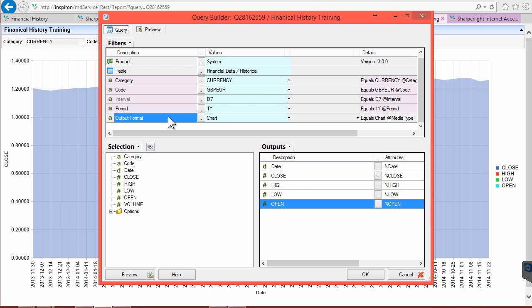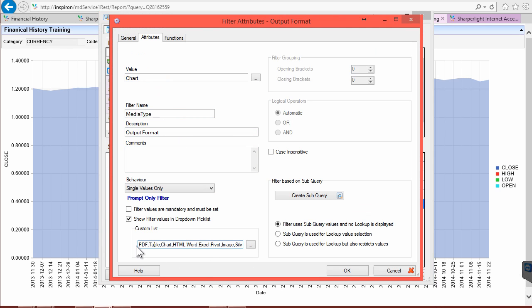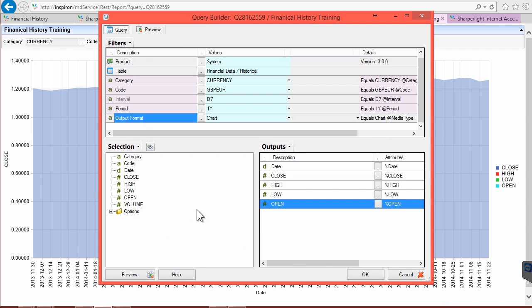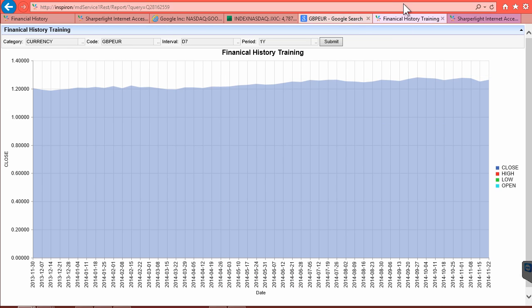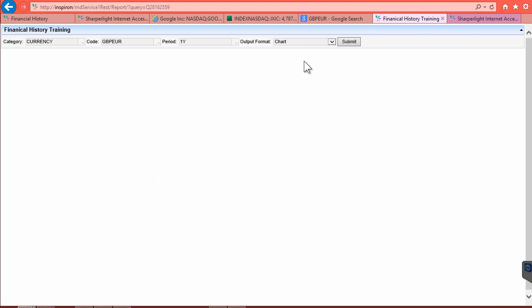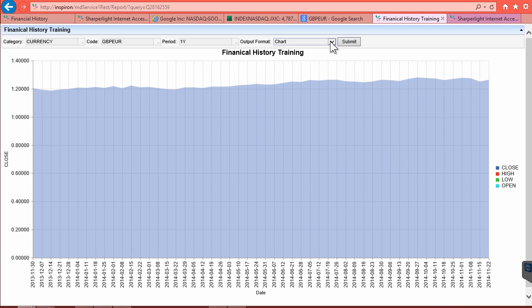If I was to look at the options there, you can see it's created a list of all the different output formats that you can choose from. So if you didn't want a particular format to be in the list, you could delete it from this line here. Okay, let's press OK and apply, and then refresh the page. You can see that the interval's gone now, and now we can choose the type of report that's to be displayed. So let's choose PDF,